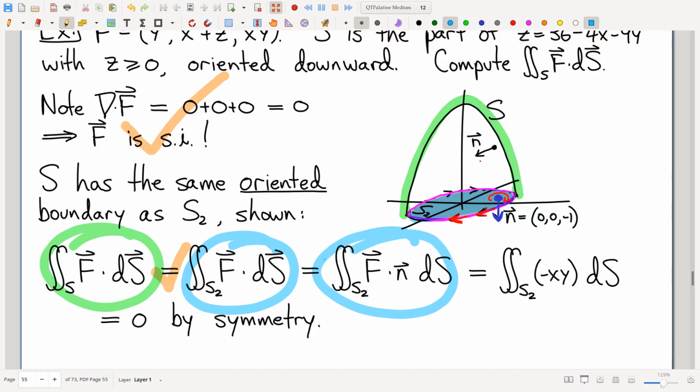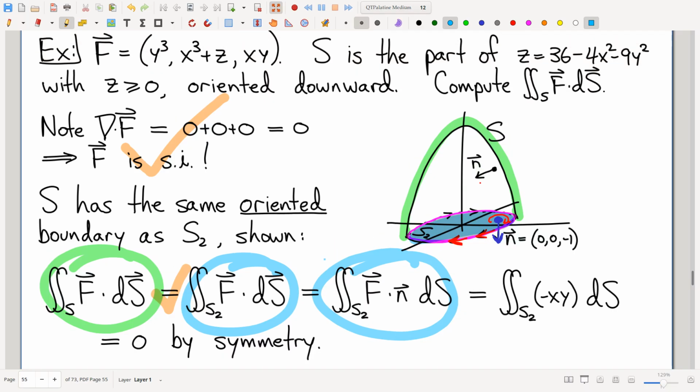And having done that, you can see that our original vector field